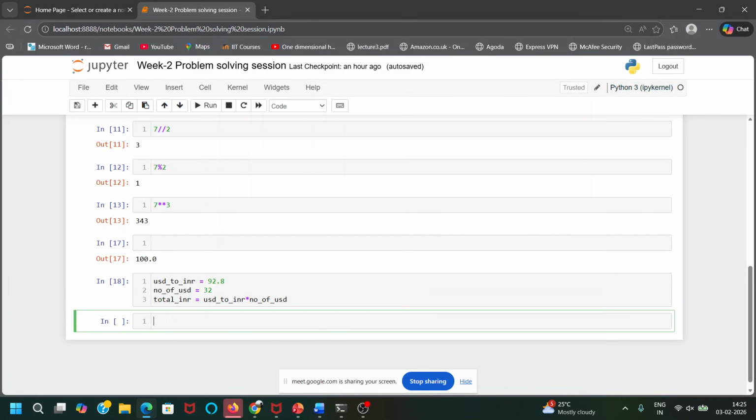So you have the number of 500 notes required, and you have the total INR. What operation should you do on this?